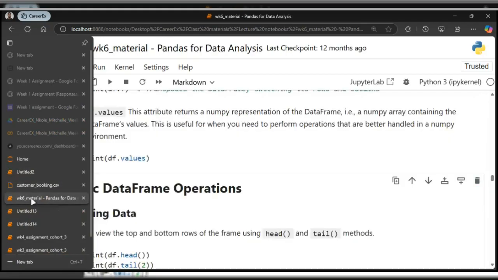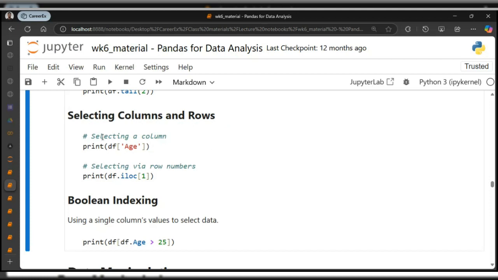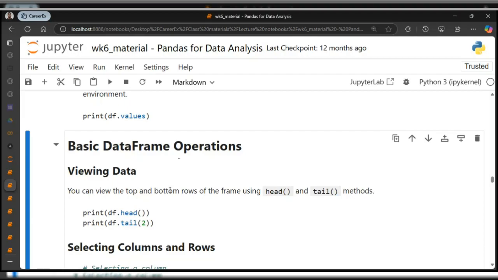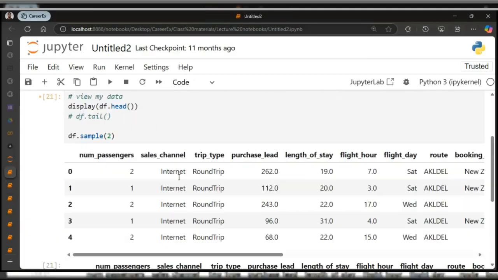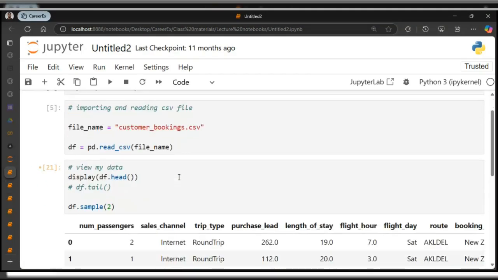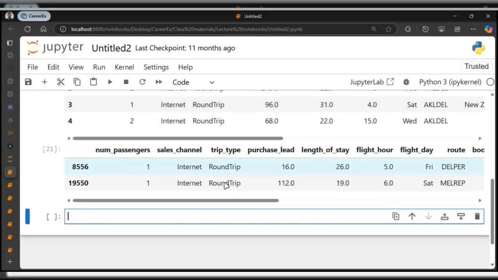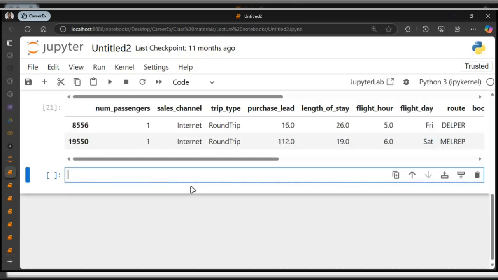We have selecting our columns and rows. So now we've looked at how we can view our data. So let's now look at how we can select columns and rows. Before we do that, there are some basic things that we've done today, right? From what we've done already, we can quickly assess our data frames to know how many rows we have, how many columns we have. So if I come here and say df.shape,